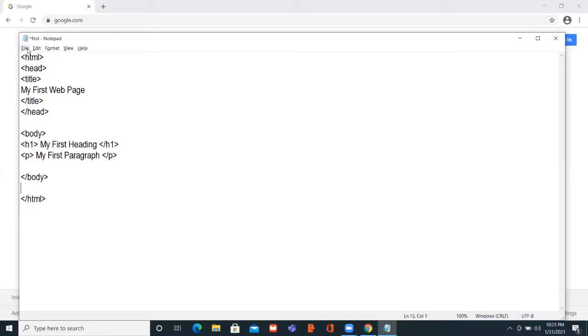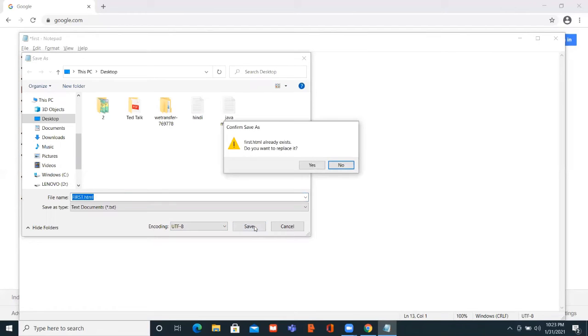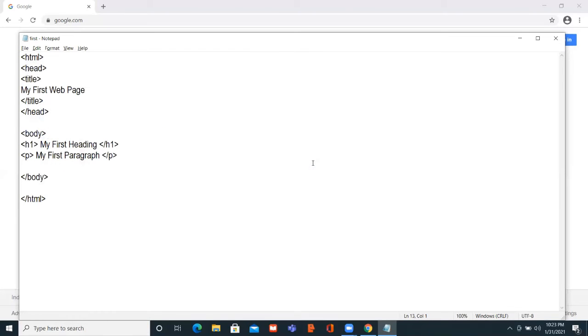So we click on File, Save As, and save this file as first.html, because if we do not write .html, it is going to save this file as a text file. I already have a file named first.html, so it is asking whether I want to replace this file or not. I have said yes.